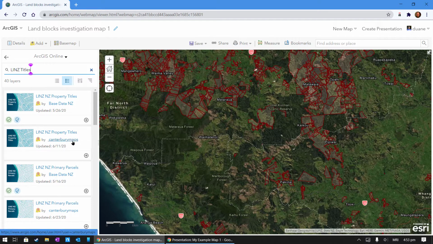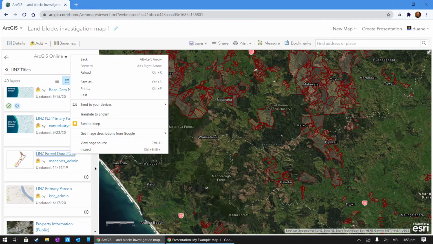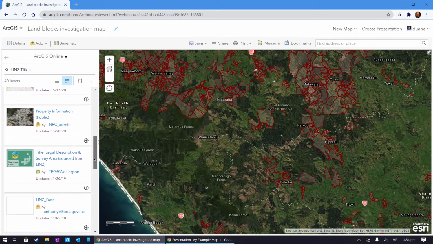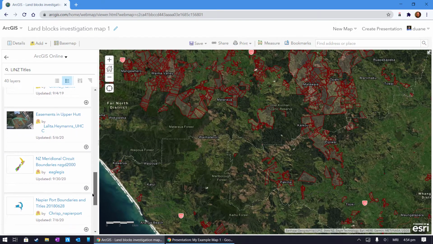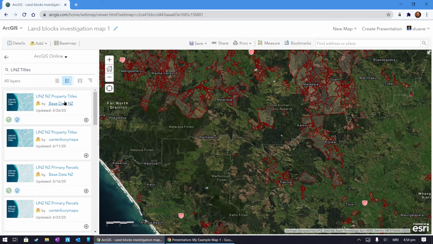Okay, I don't want Canterbury Maps because it's probably just going to apply to the Canterbury region. Base.nz primary parcels, and I can see Canterbury Maps have also republished that one, so I don't want that one. Let's see here. You'll see there's many other layers here, but the one that I want is from Base Data NZ. Linz property titles, if I add that,